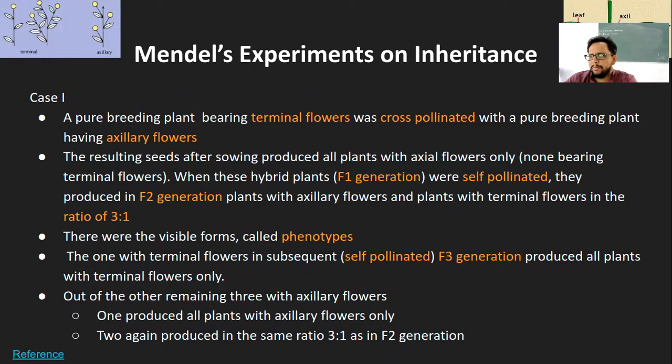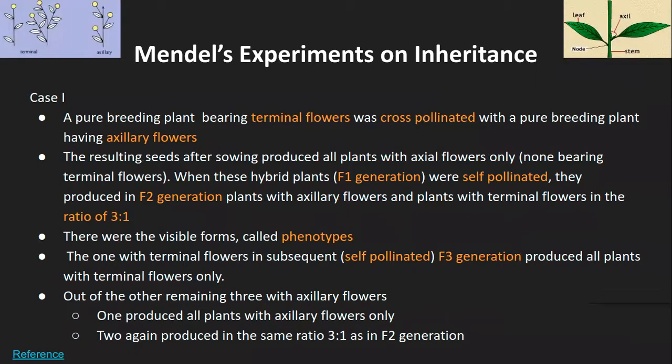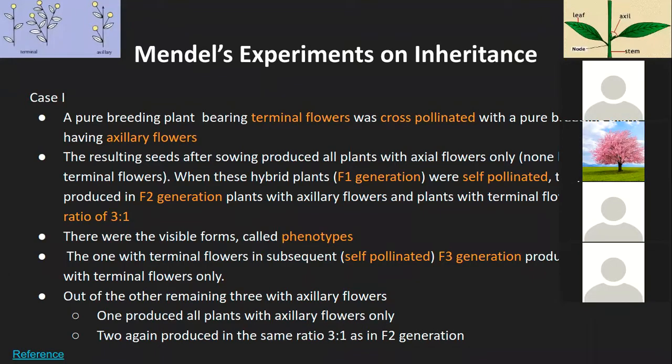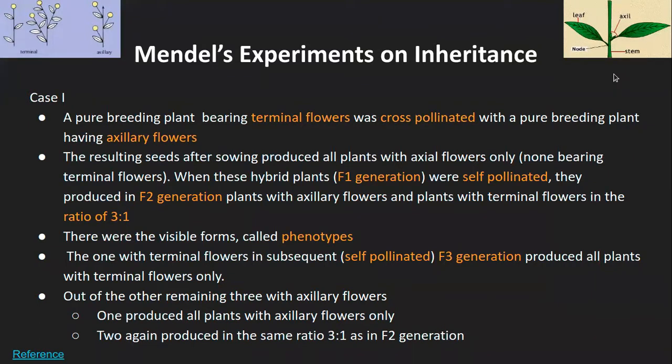Okay, so I hope that part is clear. And now I will move on to the actual Mendel's experiment, what exactly he did, and we will see 3 different cases for the monohybrid cross, because this is a very important topic in terms of understanding our own genetics, plus understanding Mendel's experiment with respect to inheritance. So for case 1, I will be showing you different diagrams, plus I will draw this on the board so that we have enough practice and enough understanding as well.